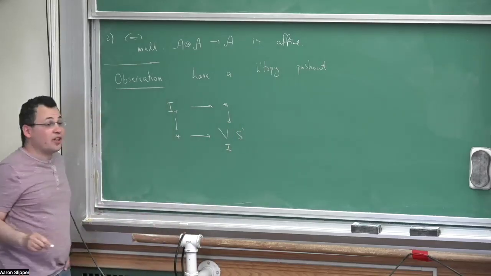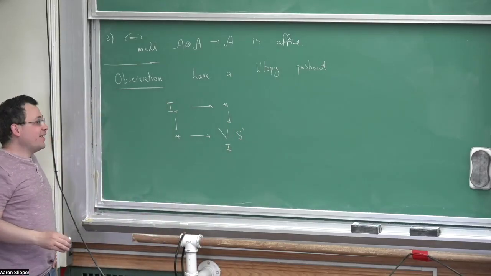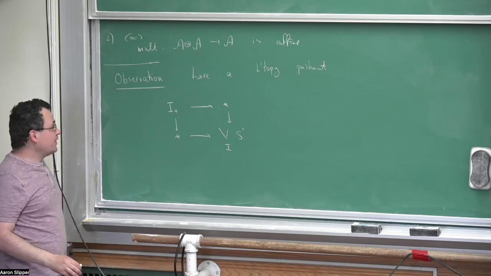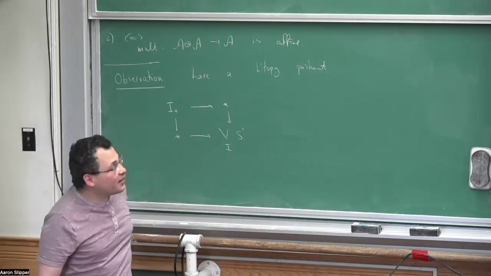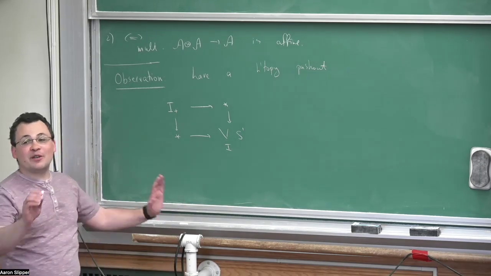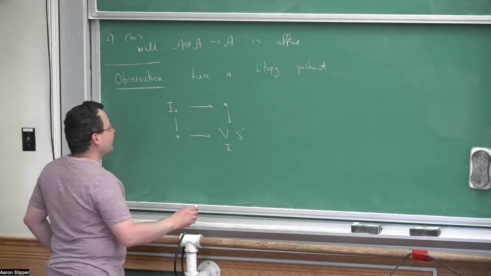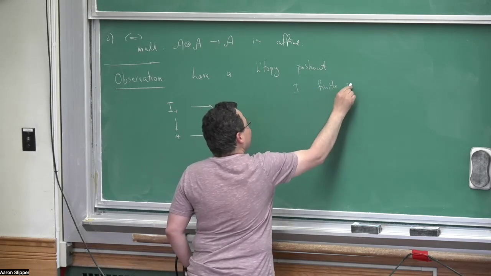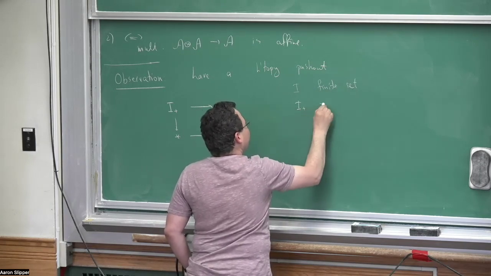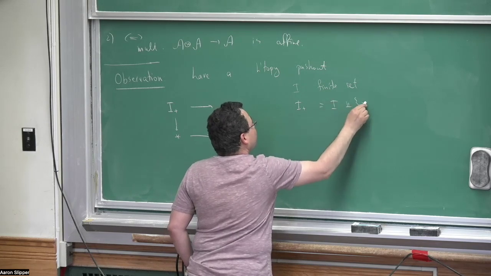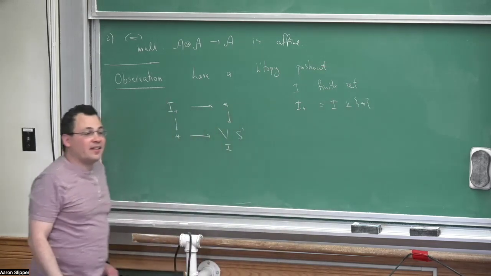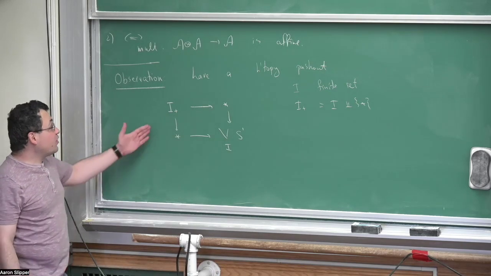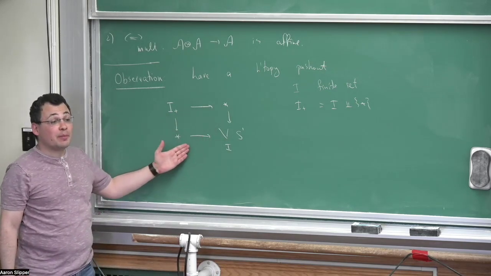It changed what I means. Sorry, where was I before? I was an indexing category, but I'd forgotten all about it. And now I is a finite set. I plus is the disjoint union of I with another point. And the point is, if you look at this kind of homotopy pushout,